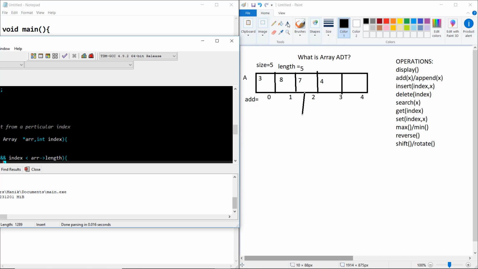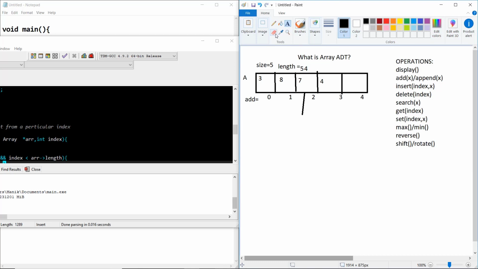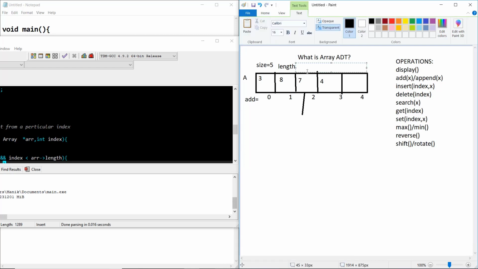So in this section the length is 4 and not this. So delete it. Length is this. Okay, length is 4. I should make another thing. Okay, so the length is 4.